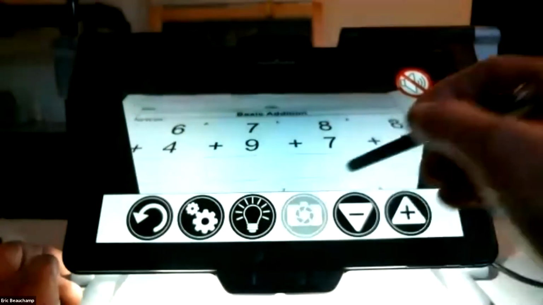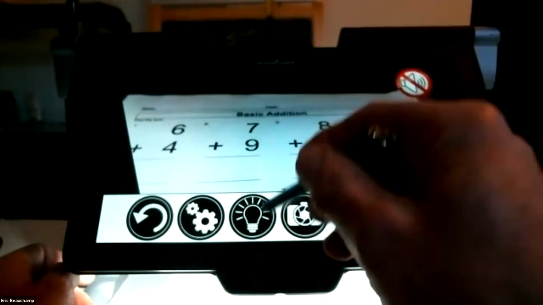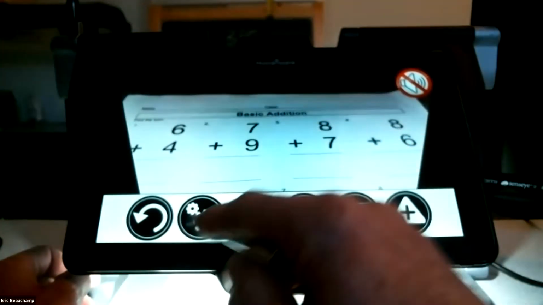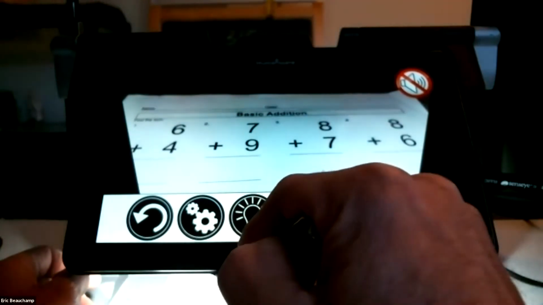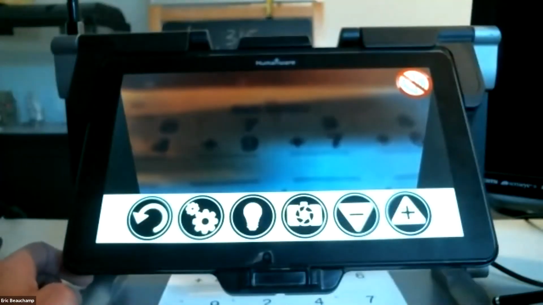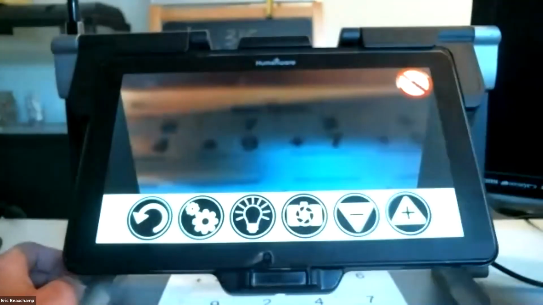No worries. There was a question in the chat. How do you turn off the lights? There's a little icon on the magnifier application. The third button from the left, you just tap on that and the lights will be turned off. You can tap again and the lights will